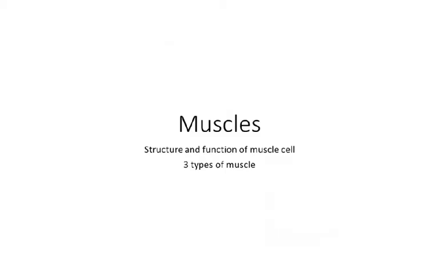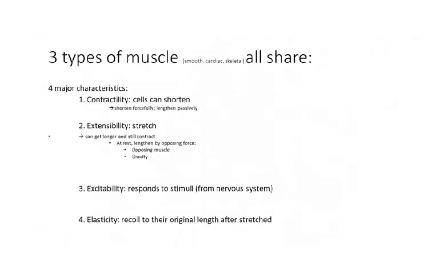Here we're going to start to look at the muscles and the muscular system. So muscles are a unique type of cell for which there are three types, and in this lecture series we're going to mostly focus on the skeletal muscles. But there are also the smooth muscles and the cardiac muscles, which are not consciously controlled and have some unique properties. But regardless of which type of muscle we're talking about, all three are going to share these main four